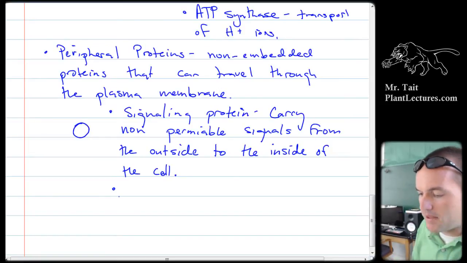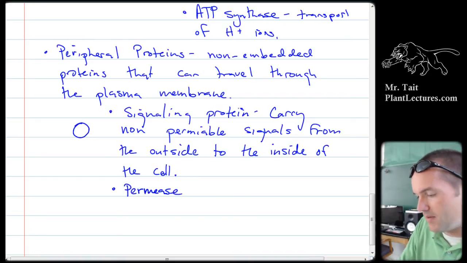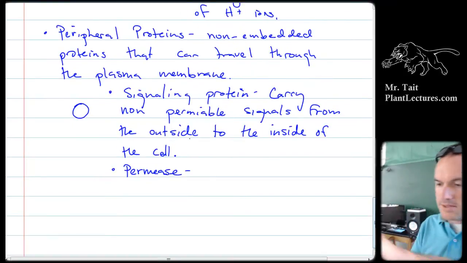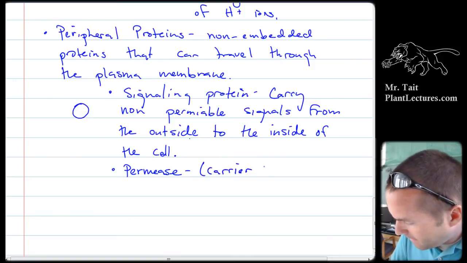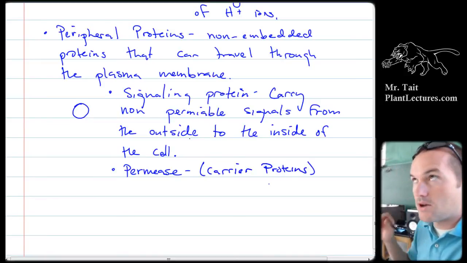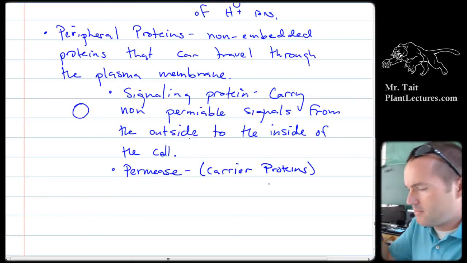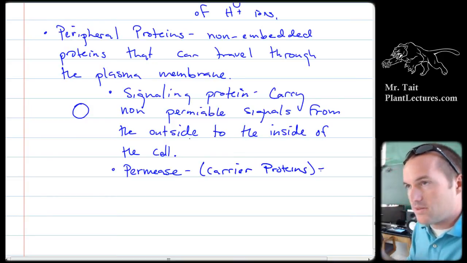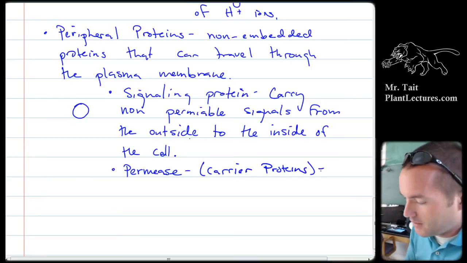And the other type of this is a permease, which is a type of... there we go. Finish tomorrow. Are sometimes called carrier proteins. And permeases are molecules that are going to assist in cell transport or transport into the cell or out of the cell of molecules. And they're going to do that by wrapping around those molecules and making them permeable so that they can travel through the membrane. Okay, so these are